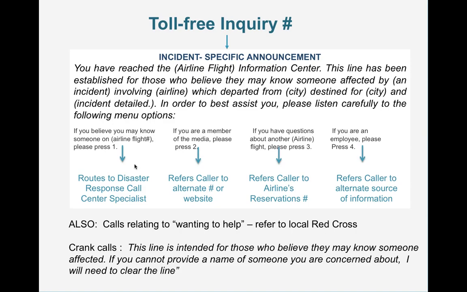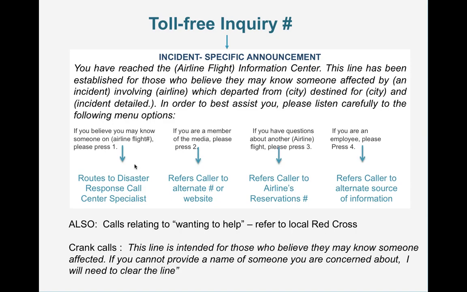and then a bit about what happened. And so what we're doing is we're using technology to help defer calls that are not being placed by affected people or other kinds of non-legitimate callers. And I don't mean legitimate in that, yes, they have a desire for information, but these are not the people that should be calling the toll-free number.